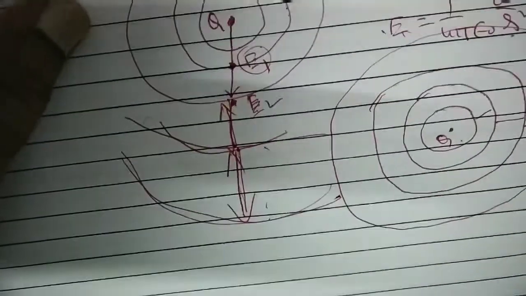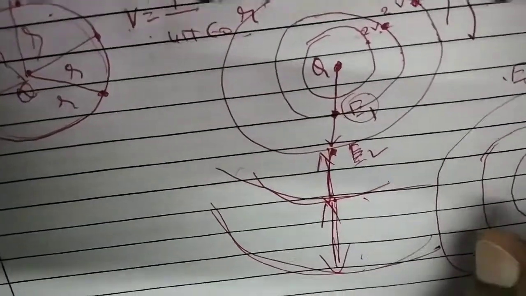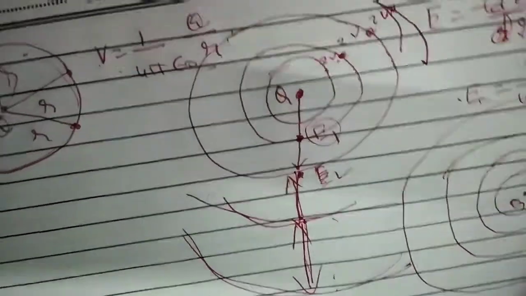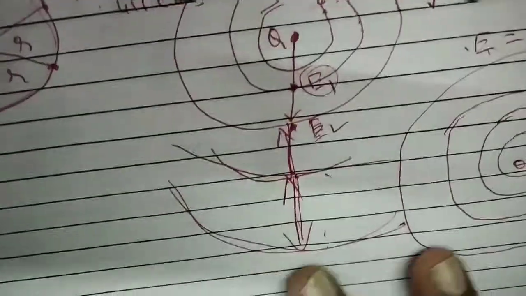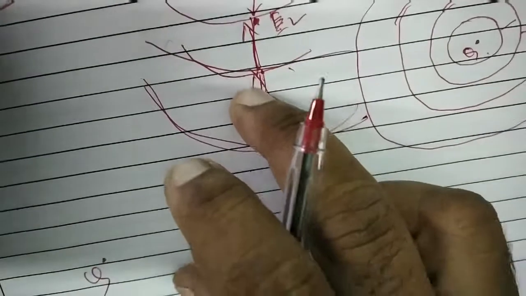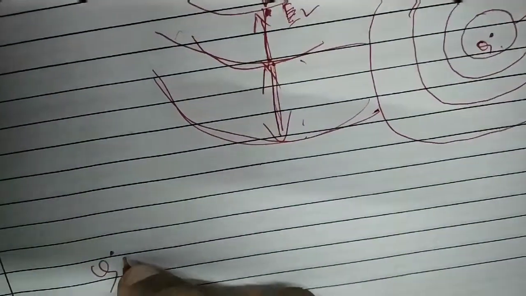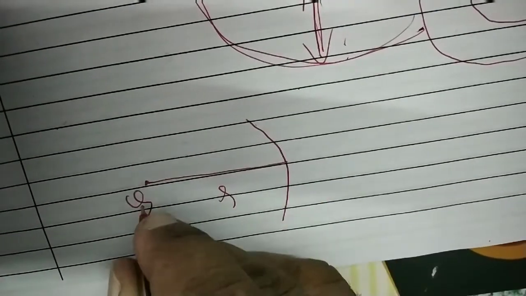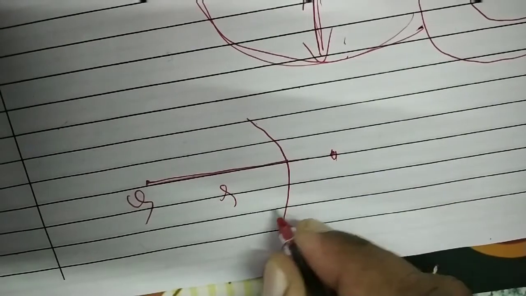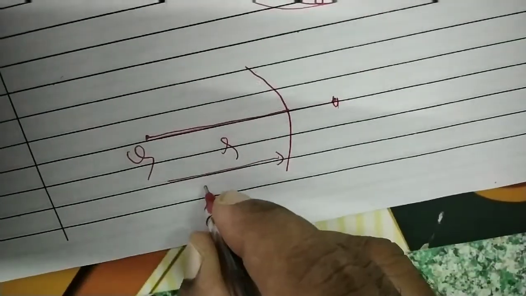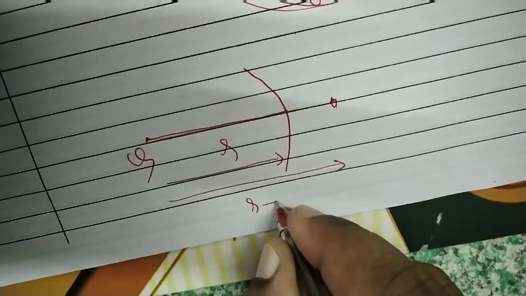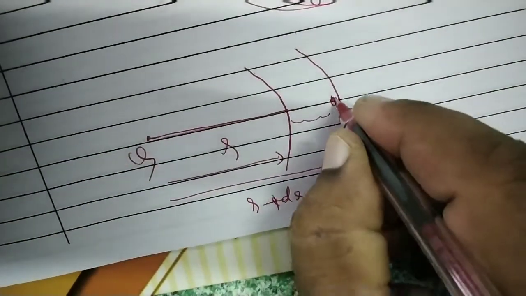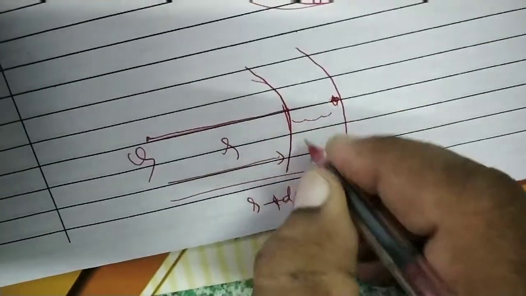And one more point: we should know how we got this formula, E is proportional to 1 by dr, or E is equal to minus dV by dr. To show this, see, I am taking one point. This is a point charge. At r distance, one EPS. At r plus dr, this is r distance and this is r plus dr distance. R plus dr distance means this much is dr. So here is one more EPS. So I have drawn 2 EPS, which means 2 spheres.